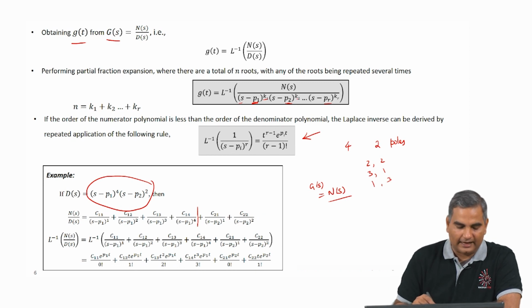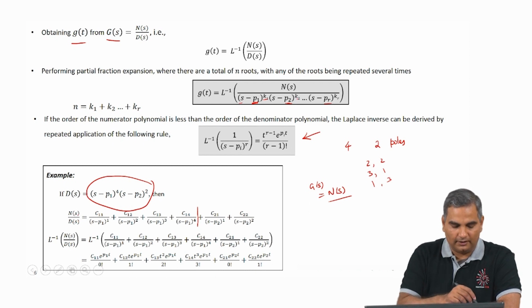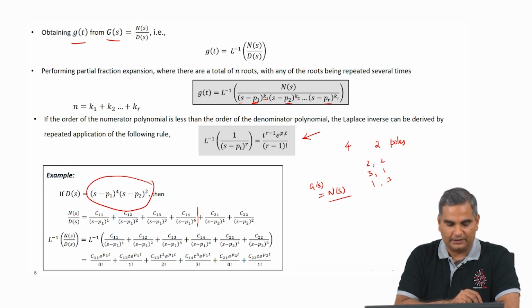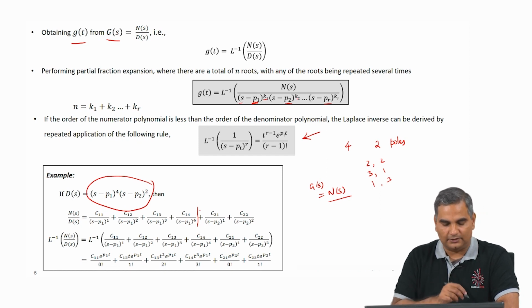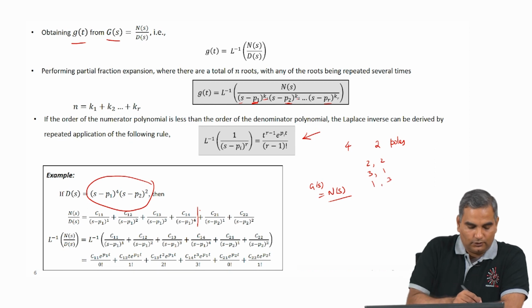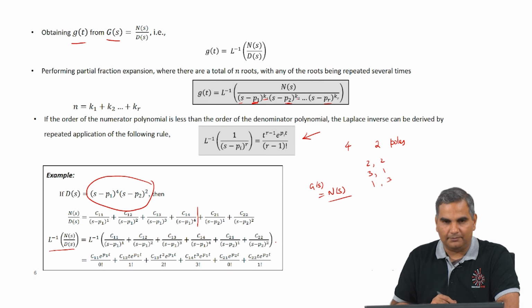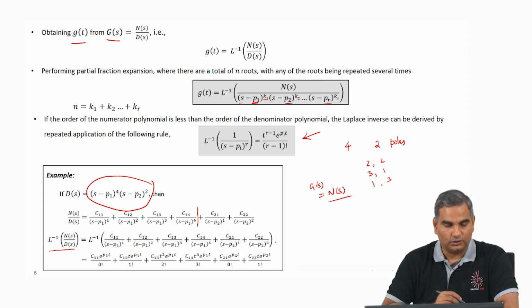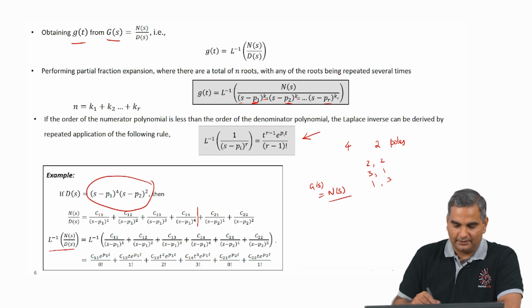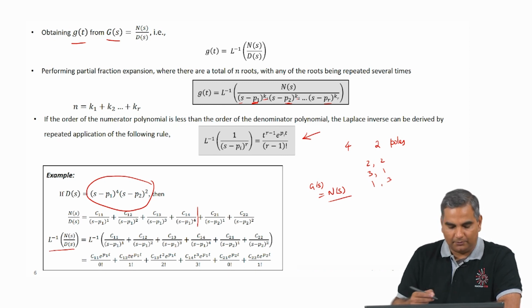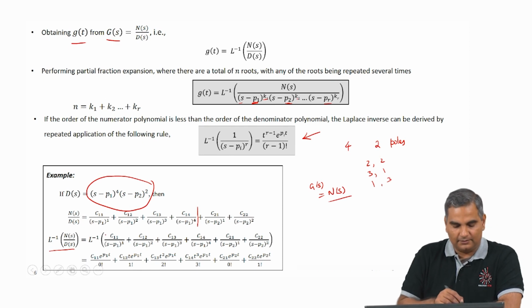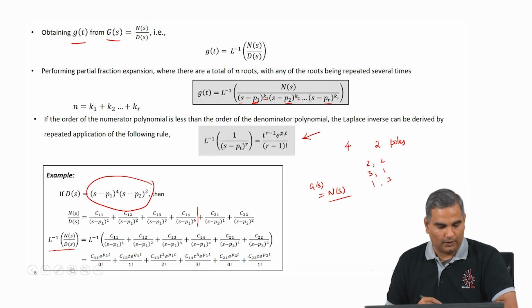Nonetheless, I can guarantee that if the denominator is of this form and the numerator order is less than the denominator order, I can always get a partial fraction of this form with the correct C11s, C12 and so on. Okay. So, now when I do the Laplace inverse of this, I have a Laplace inverse of the whole sum, and again appealing to the notion of linearity, Laplace inverse of the sum will be Laplace inverse of an individual term and add them all up. So, this will be Laplace inverse of the first term plus Laplace inverse of the second term and so on.